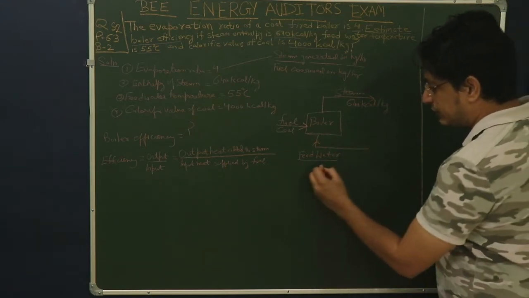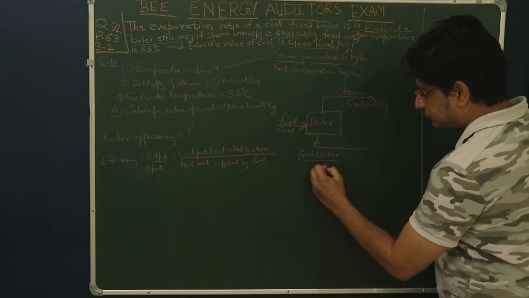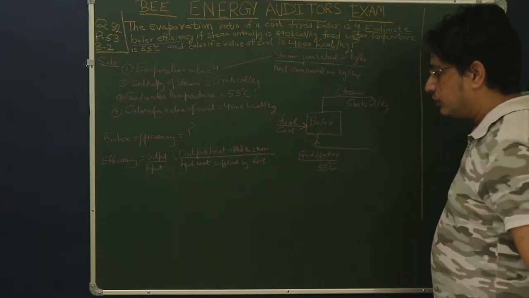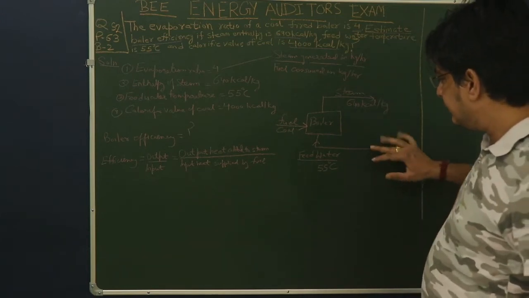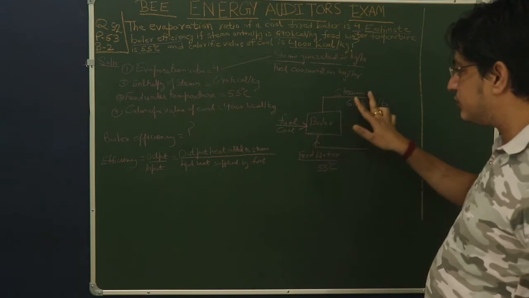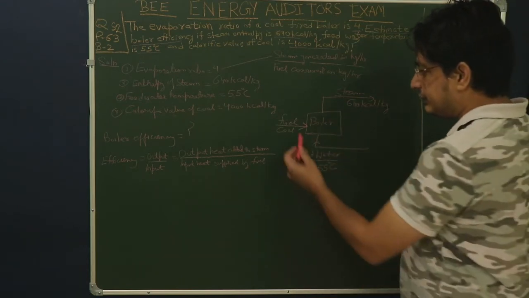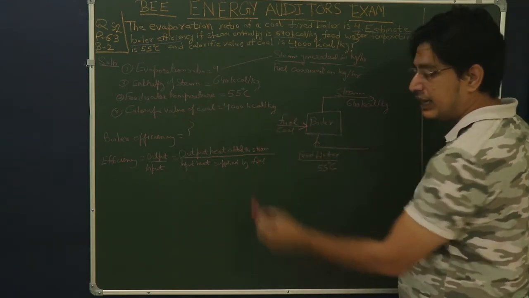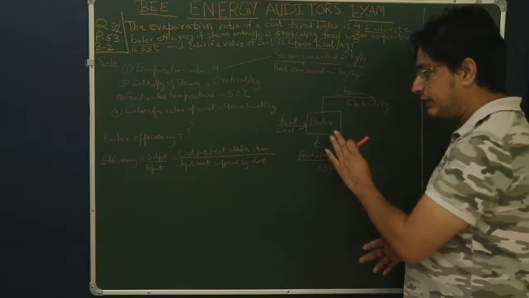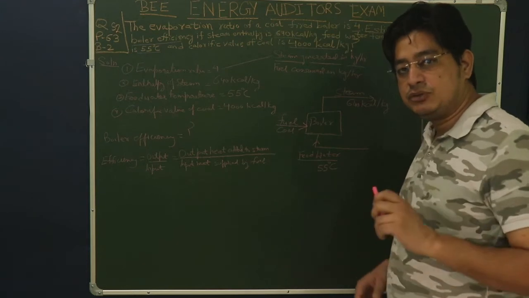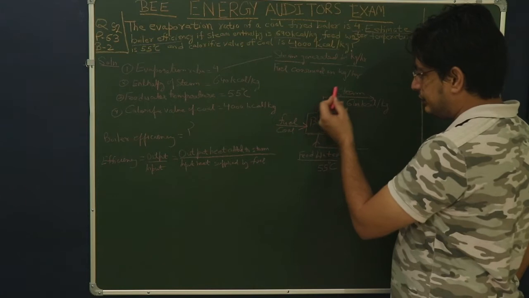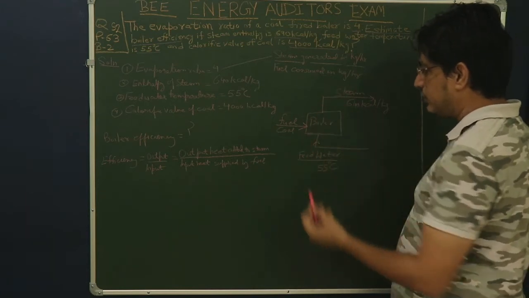And what is the temperature of feed water? The temperature of feed water is 55 degrees centigrade. Now, if you see this feed water steam circuit, this is the output circuit of the boiler, and this is, you can say, the energy part or the fuel input, the input side of a boiler. If you divide the circuit of the boiler with respect to energy transfer, this is the input side of the boiler and this will be the output side of the boiler.